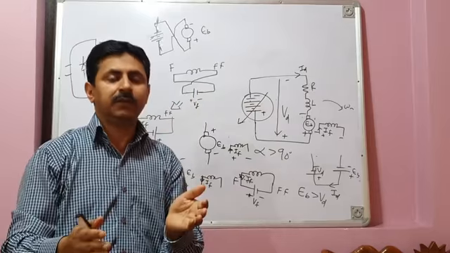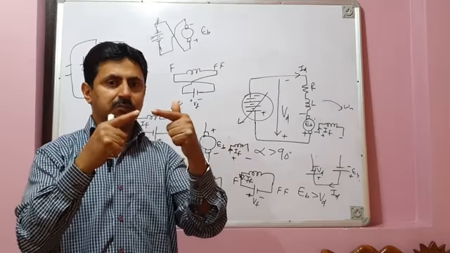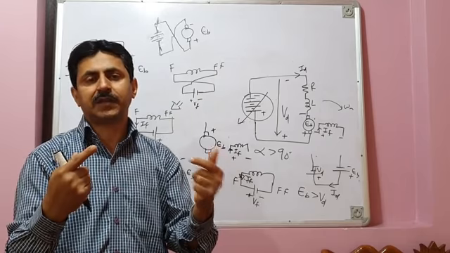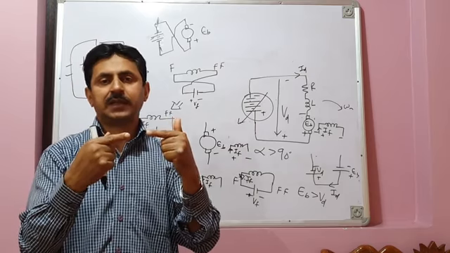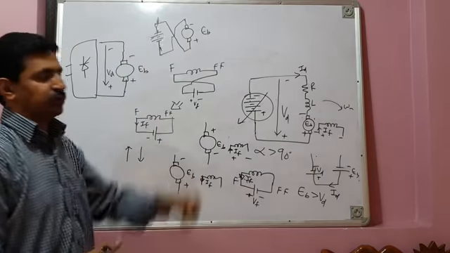So di/dt will be very large, and that will also result in a large voltage across the switch terminals, and vicious sparking will take place across the terminals of the contactor, across the switch terminals, and that may damage the switch. And then you may flip the connections. So that means